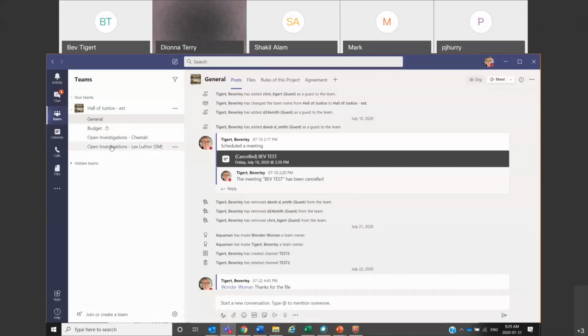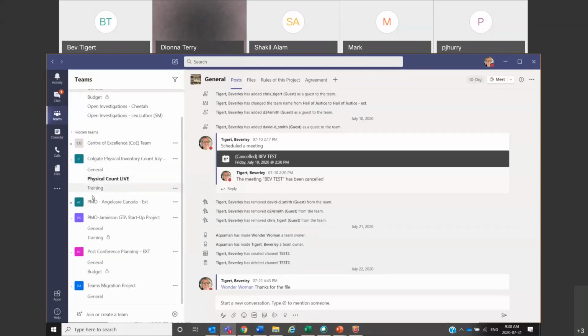These channels here are public, meaning anybody who is a part of the team, internal or external, can see whatever is posted here, files, etc. One thing that you'll know here, I put EXT, so naming conventions, right? For me, that means there are external folks that are a part of this team. So that just lets me know that I've got to pay attention, depending on what I share, and if it's sensitive, I may not want to post it in a public channel. So your naming conventions could be different.